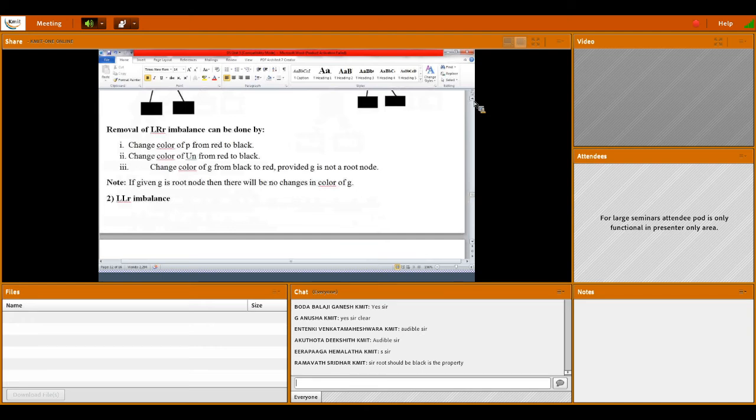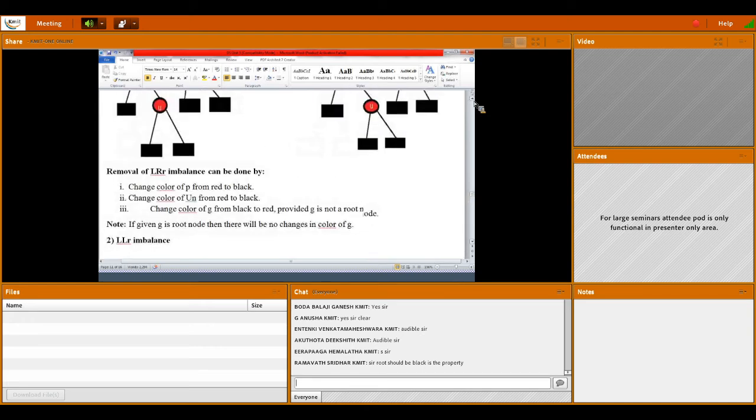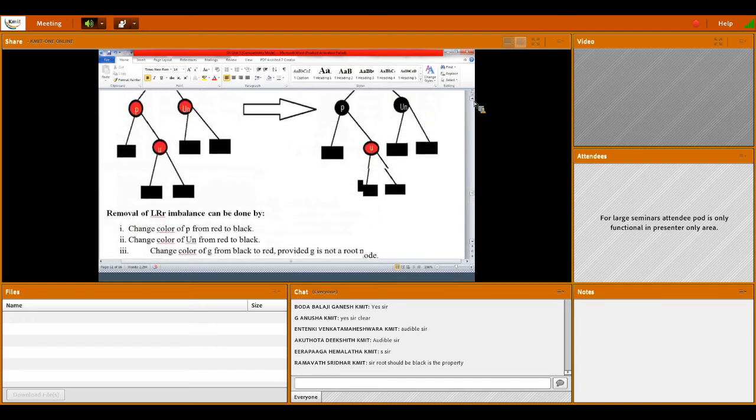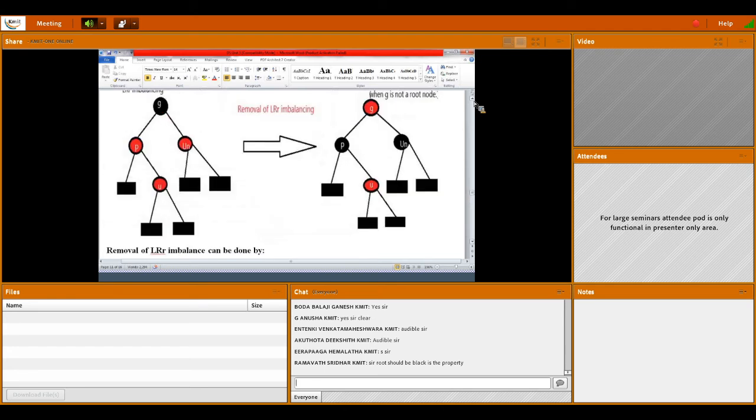In the same manner, you have to identify which kind of imbalancing it is. If the new node is inserted on the right side of the left node of the grand node, then it is LR. If it is inserted on the left side of the grand node's left child, then it is LL.